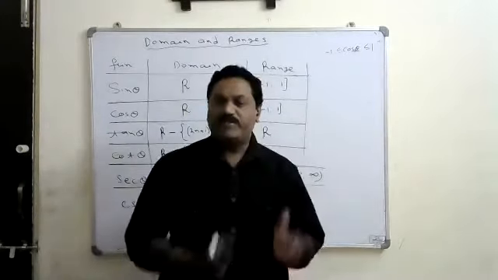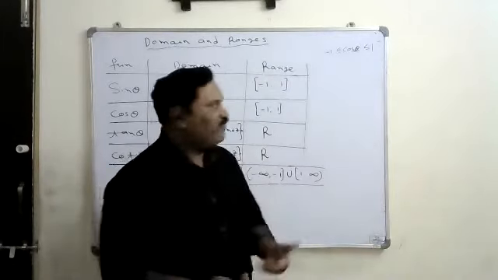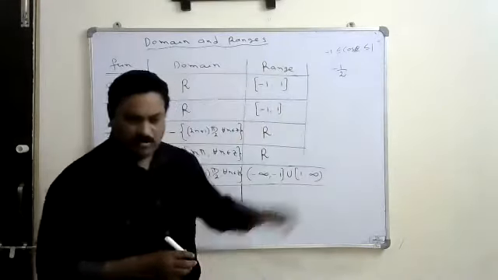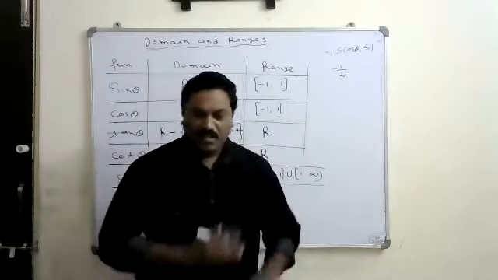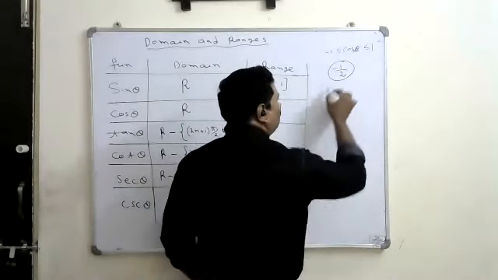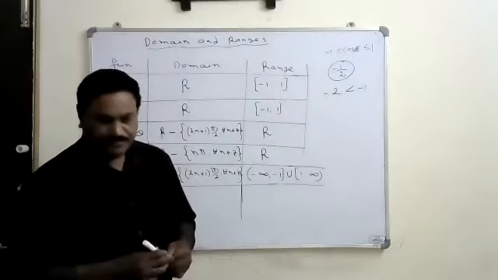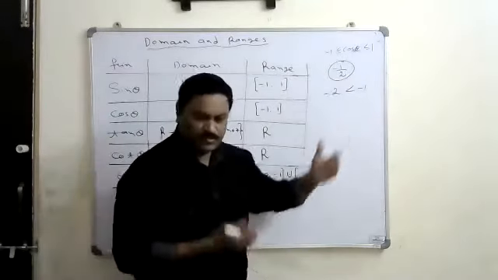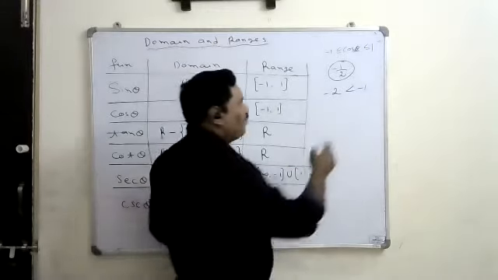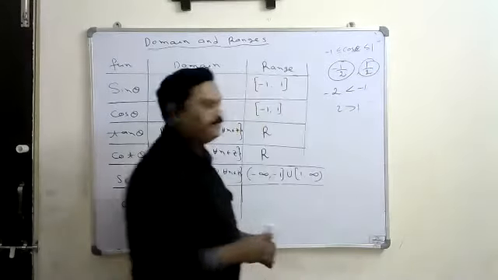If I take any value between -1 and 1 and take the reciprocal, suppose we take -1 by 2, it is a value between -1 and 1. What is the reciprocal of this? -2. Is it less than -1, no? So if I take all negative values and take their reciprocal, those give values less than -1. If I take a positive value, suppose 1 by 2, its reciprocal is 2, which is more than 1.